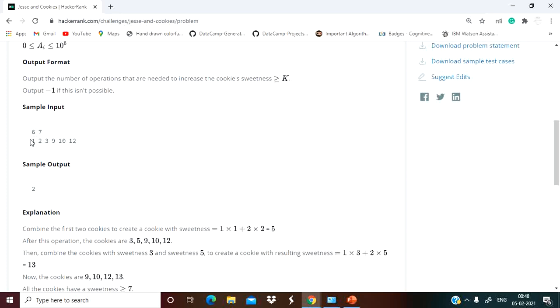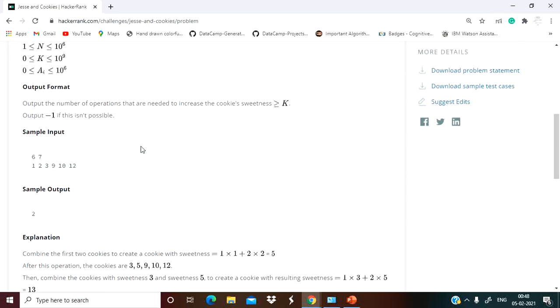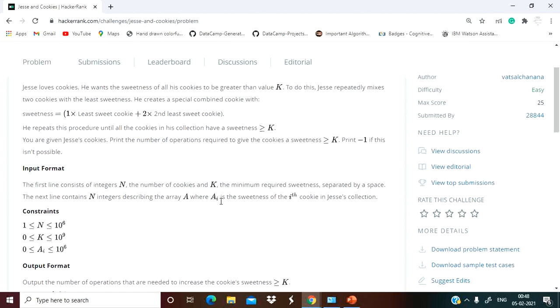So here you can see 1, 2, 3, 9, 10, 12 we have, and you can see this 1, 2, 3 are not greater than this 7. So if a value is not greater than the kth value, he applies a formula, that is sweetness equal to 1 times the least sweet cookie plus 2 times the second least cookie.